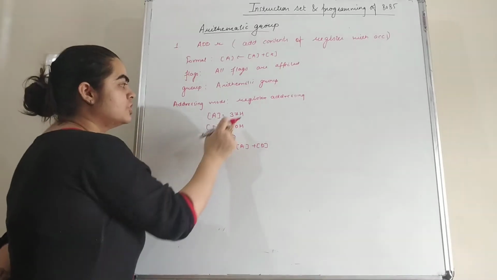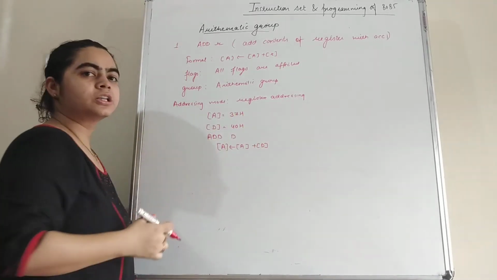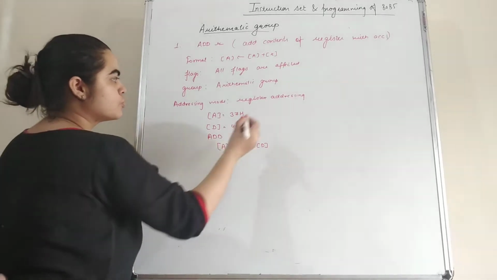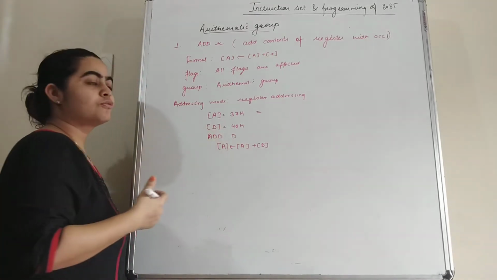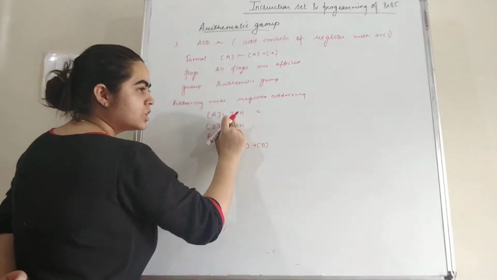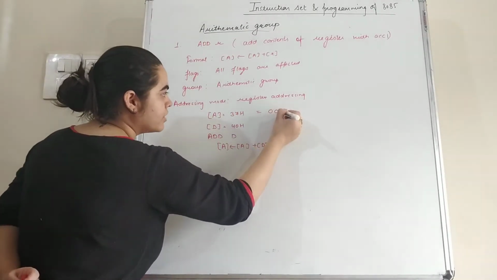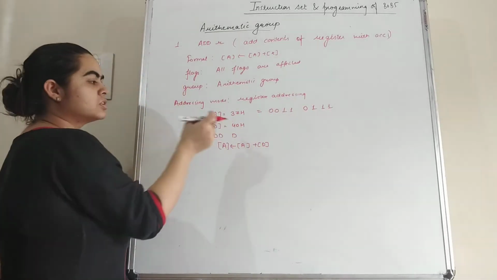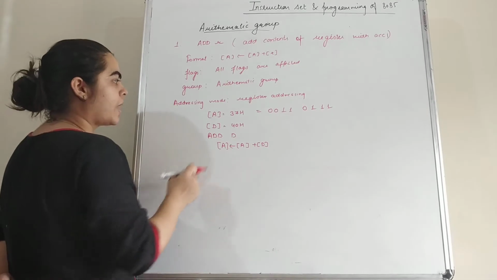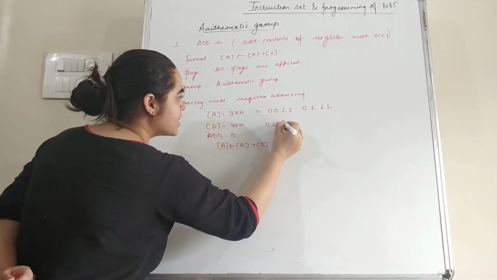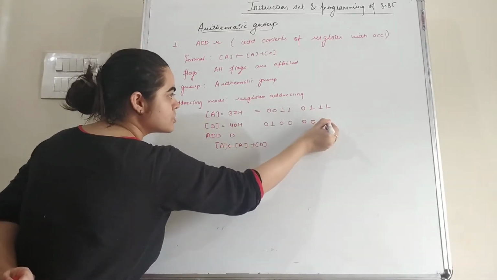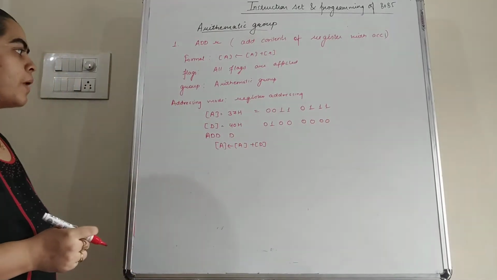Now students, initially we have to convert these two numbers into binary form, in the form of zeros and ones. So 3 means 0, 0, 1, 1 and 7 means 0, 1, 1, 1. And after this, convert 40H into binary. So the binary of 40H is 0, 1, 0, 0 and 0 is 0, 0, 0, 0. So we have two binary numbers.